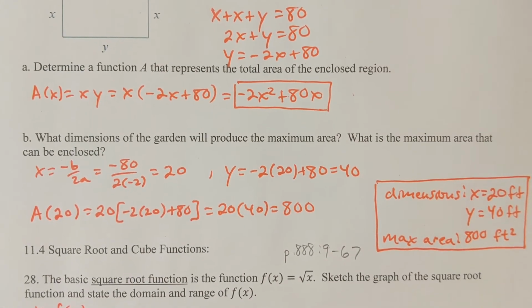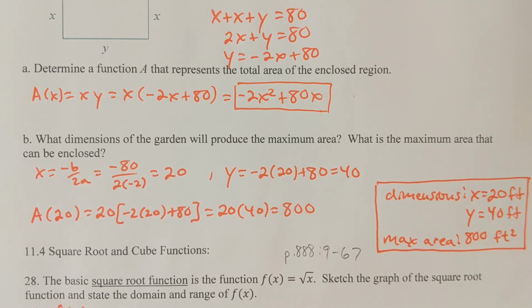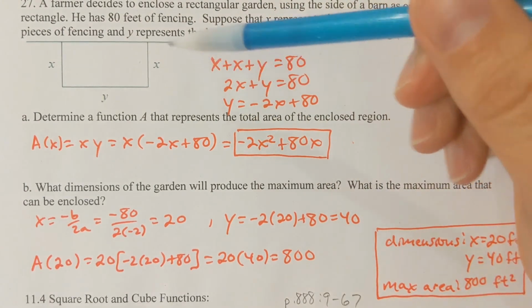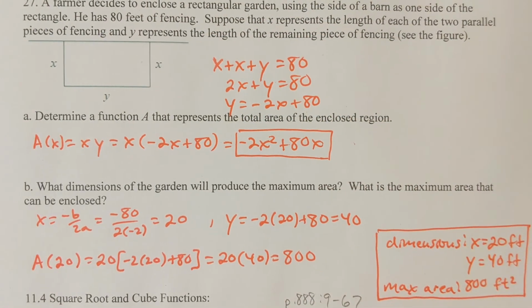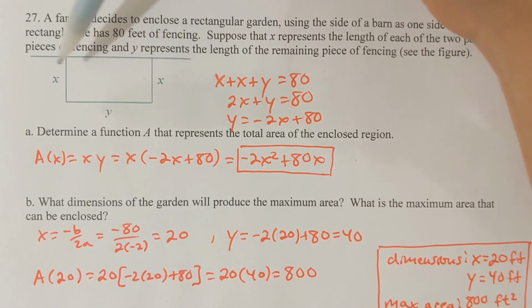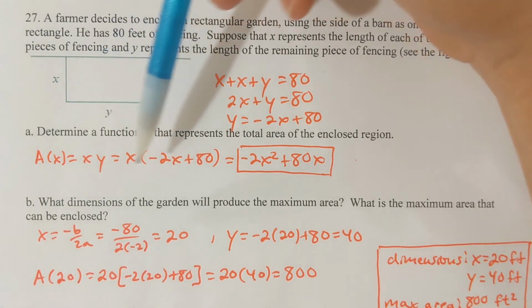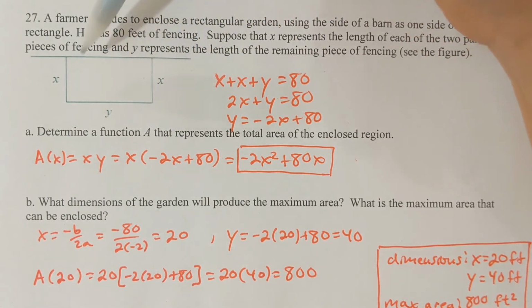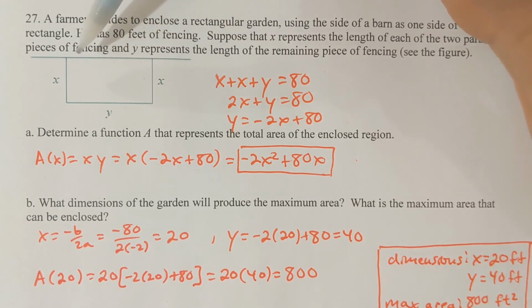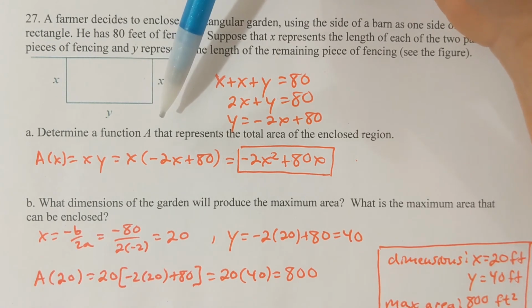Okay, part B, what dimensions of the garden will produce the maximum area? And then what is the maximum area that can be enclosed? Well, how should he design this so that the biggest possible rectangle can be formed? He's only got 80 feet of fencing, so should it be longer, like left to right, or maybe more jutting out in the field, or should it be a square? Like how exactly should he build this so that he can have the biggest rectangle possible? Well,